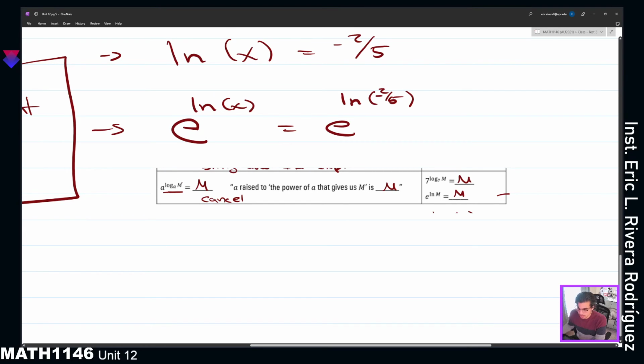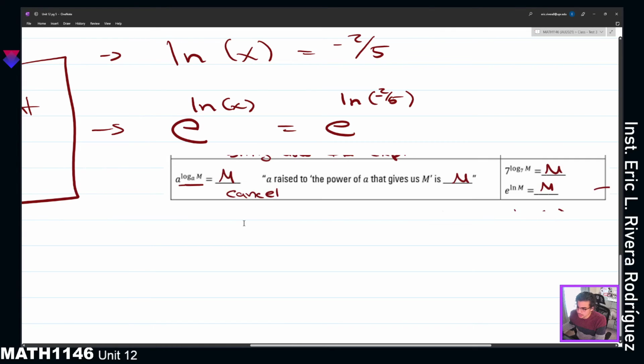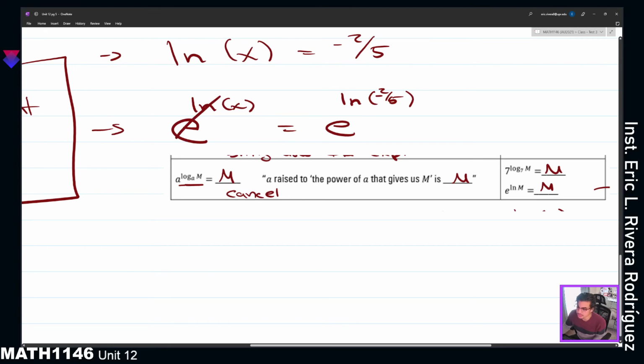So when we focus on the left side only, we have an exponential operation. The base is e. In the exponent of that exponential operation, we have a logarithmic function, and the base is the same. Both bases, the base of the exponential expression and the base of the logarithmic expression in the exponent, are the same. So basically, we cancel these two, and we bring down x. We cancel these two, and we bring down negative 2 over